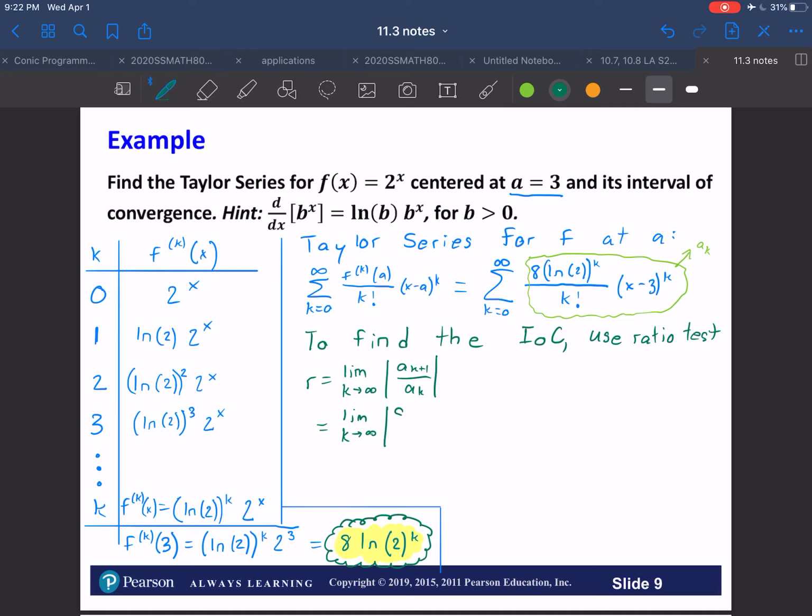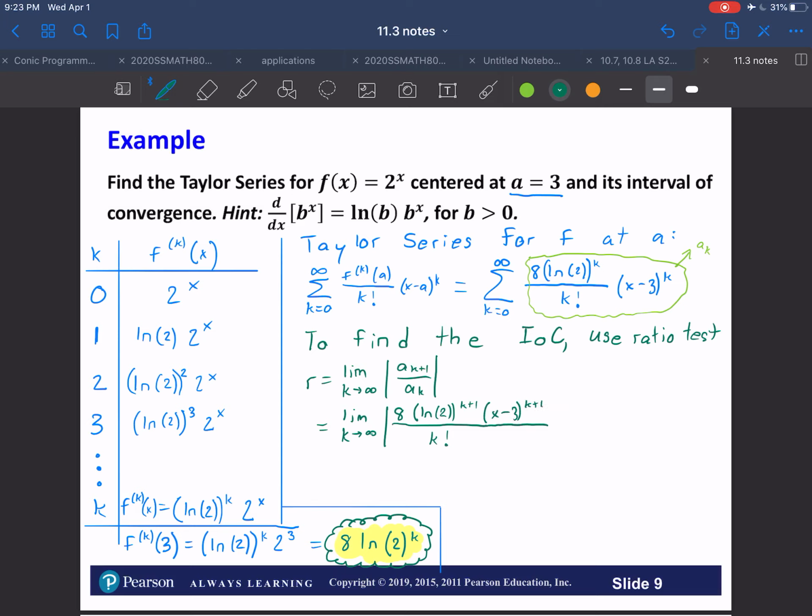So we have 8 times natural log of 2 to the k plus 1 power, divided by k factorial times x minus 3, let me write that x minus 3 in the numerator, because that's really where it is,